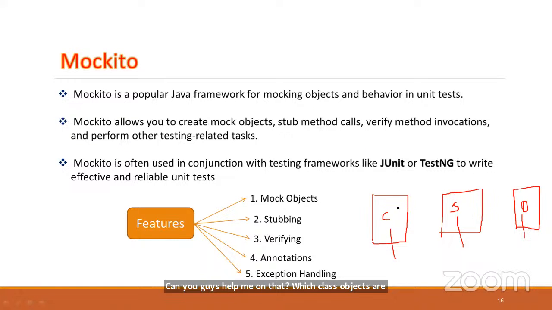Controller always requires what object? Service object. And service class always requires what object? DAO object. Agree or not? So generally